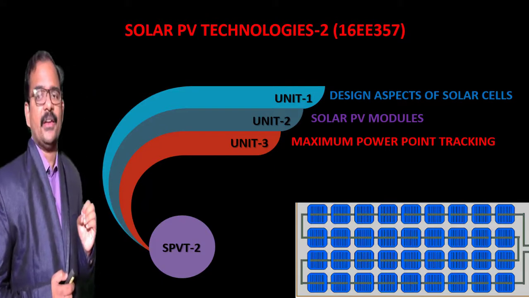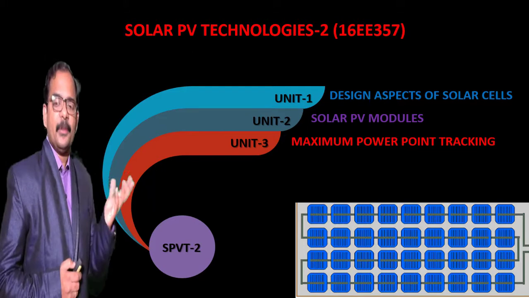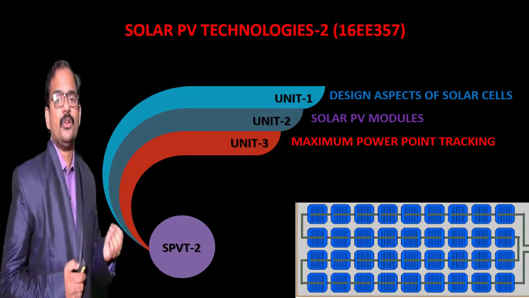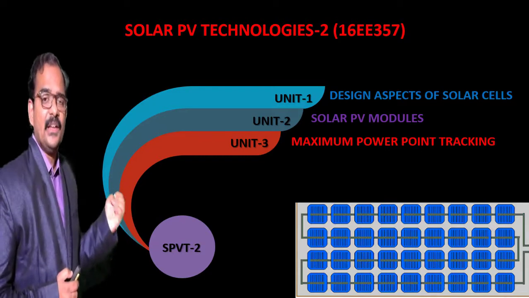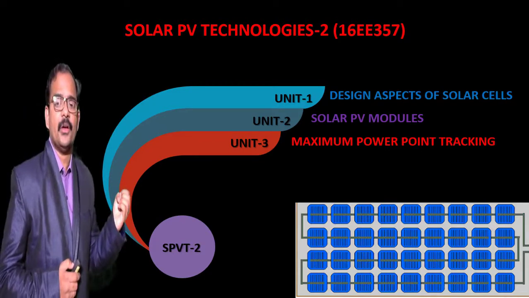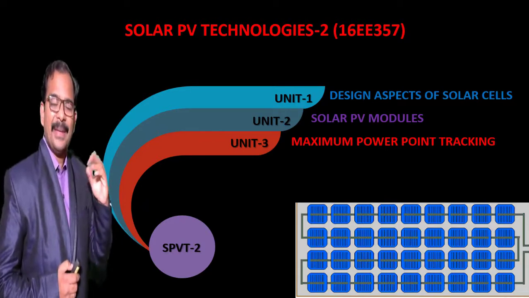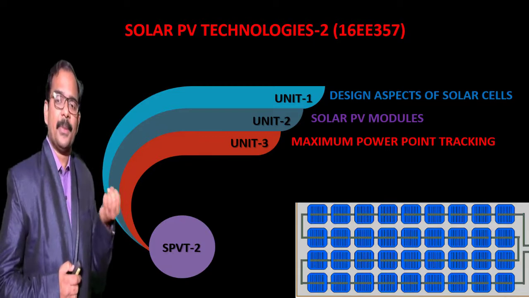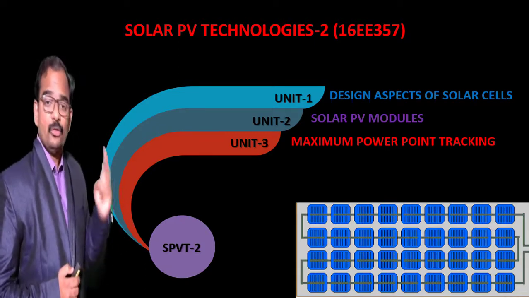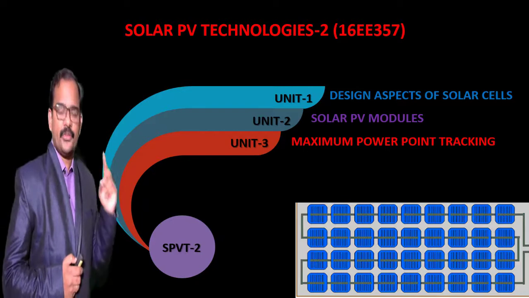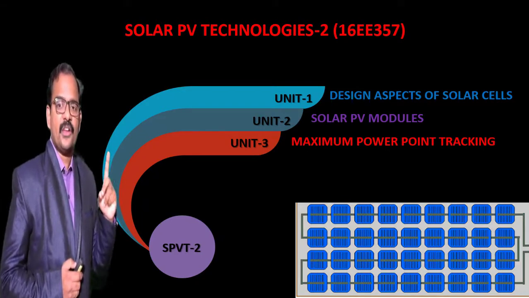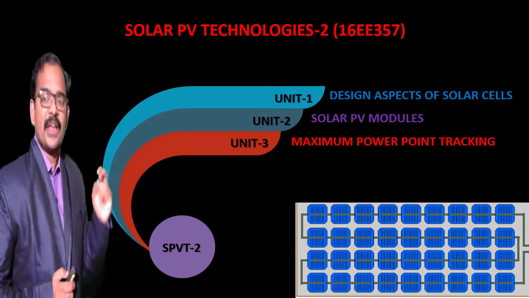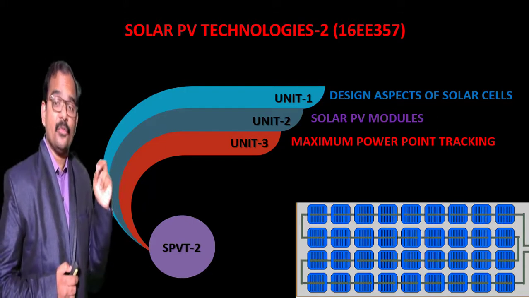In this mechanical tracking, we should always keep the panels in such a way that the sunlight always hits it at 90 degrees. So that when sunlight hits the solar panel at 90 degrees, you will get the maximum power out of these panels. So we can mechanically track these panels in order to always keep the sunlight perpendicular to the panels. So there are two types of trackers we have discussed here. The first one is a single axis tracker, which considers only the daily variations, and a dual axis tracker which considers daily variations as well as seasonal variations.